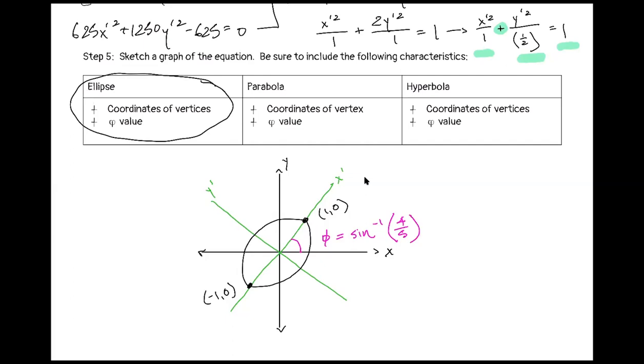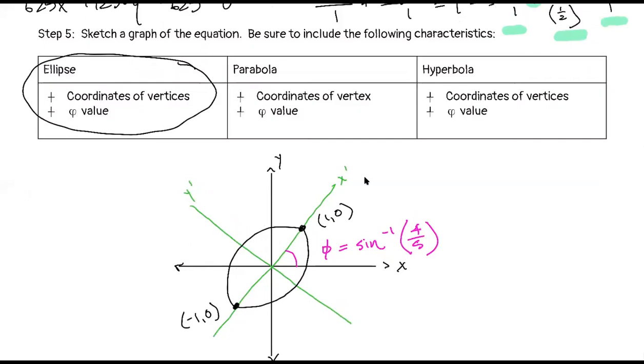Wait, so the degree wouldn't be the 45, it would be... No, I think it ends up being about 53 degrees or something like that. Okay, never mind. So the 45 degrees was actually the one before we rotated it, pretty much, or... 45 degrees, I think, was example 1. We're on example 2. Okay, sorry.